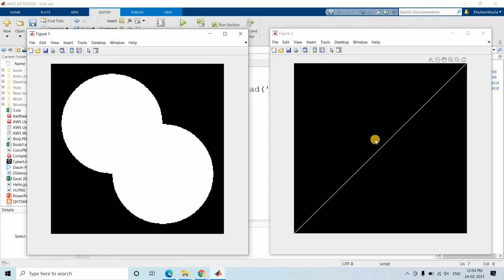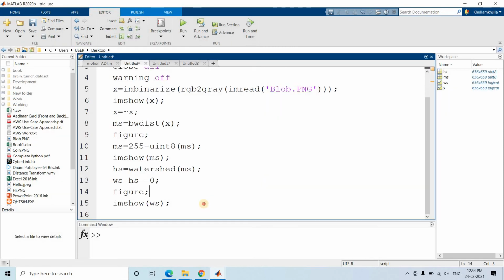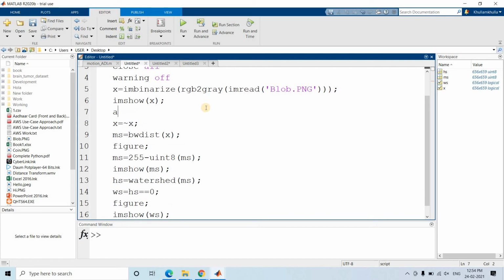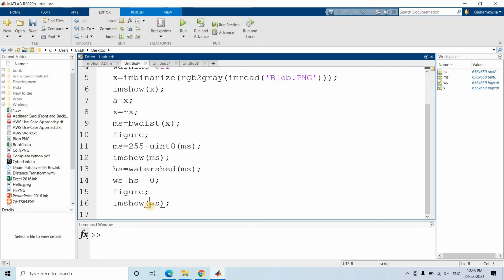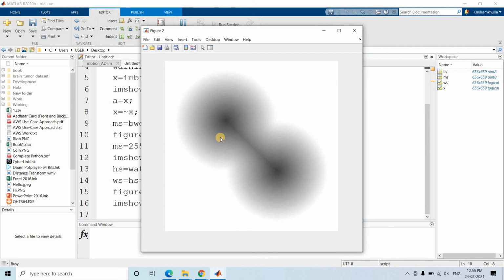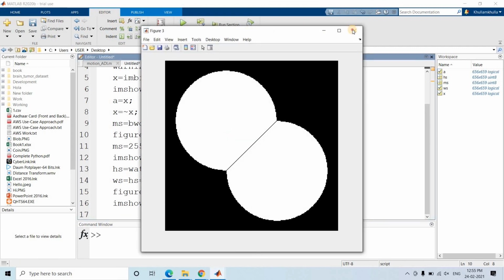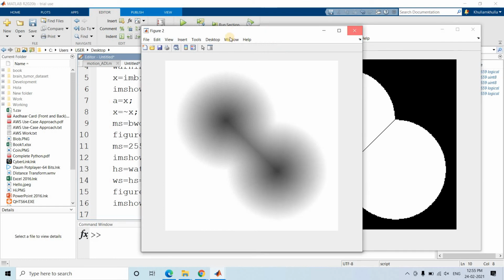So what we'll do is complement this particular image and apply an AND operation. If we complement, this particular line will become black and the rest will become white. When we do the AND operation, only the white parts in both will be taken, and the black part in between will make one line here. You will easily understand once I execute. So this is my original image. Let me store the original image somewhere, A equal to X, and then A and complement of WS. And see, this is our segmented output, perfectly working.